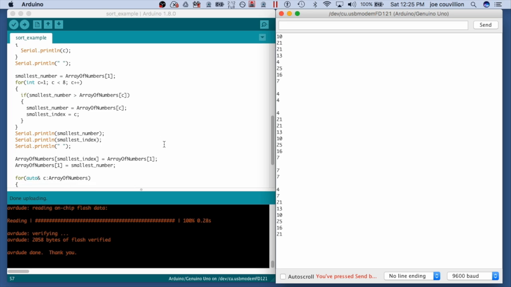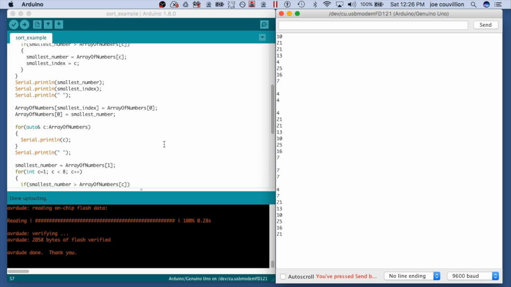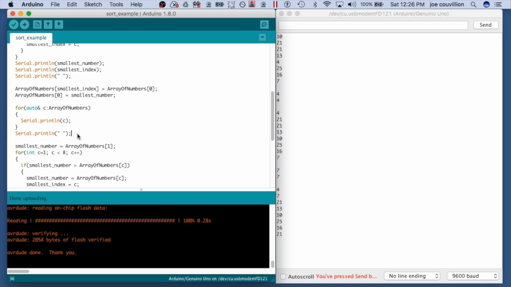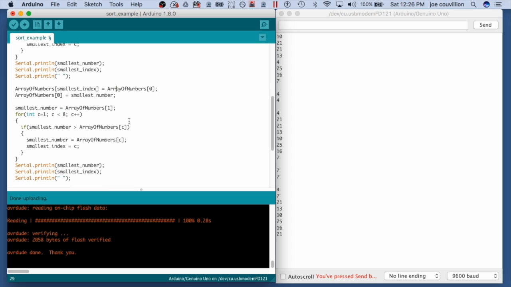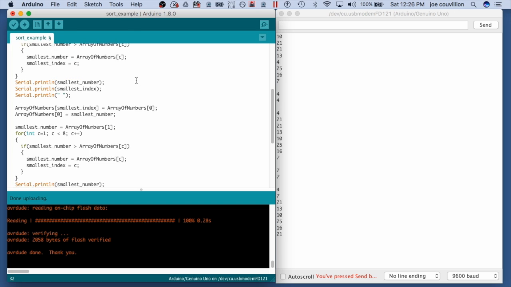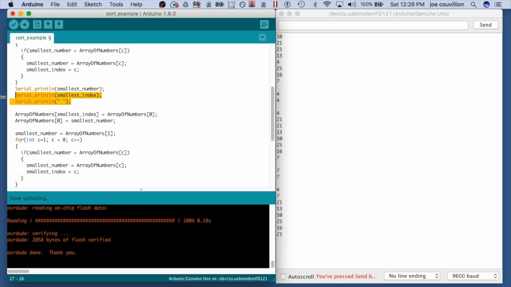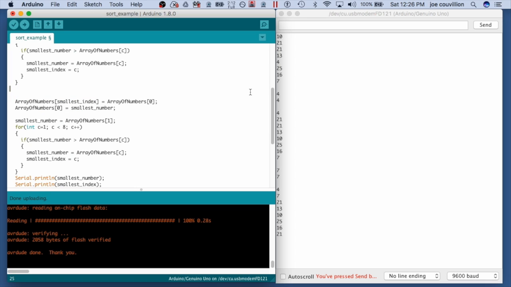This is something we should be able to do with less typing. So let's first take out that print statement. Okay, let's take out printing the smallest numbers here